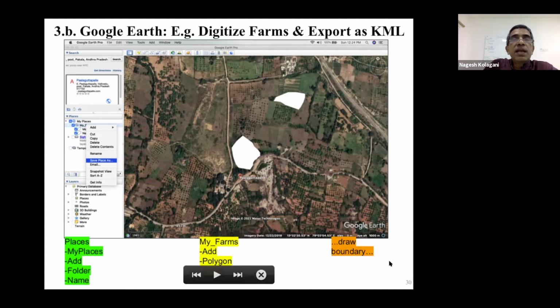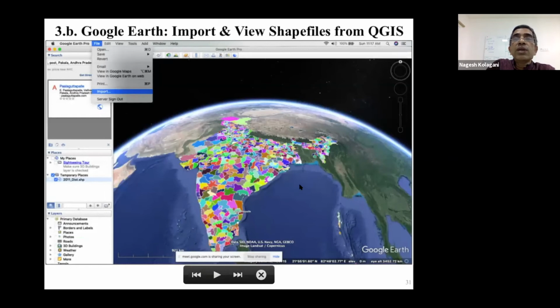So with Google Earth, you don't have to go to the field to mark your farm. I can sit here, look at Google Earth, draw my boundary, talk to other farmers, draw boundaries of their farms, tag it with data, and finally export as KML files. And I can do the reverse also. The KML files can be imported into Quantum GIS, and after you work in Quantum GIS, you can export as shape files. Those can be imported. For example, this is a district map of India overlaid on Google Map, Google Earth. So you can do to and fro. And so far, at least, it is free. How long it will stay free, we don't know.